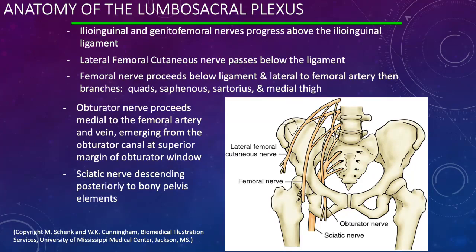So the fifth, not marked here, is the ilioinguinal and genitofemoral nerves, which generally follow the body wall, come across above the anterior sacroiliac spine, above the